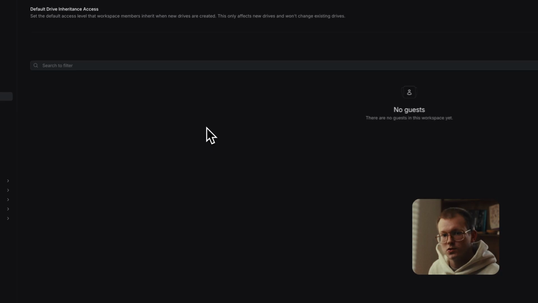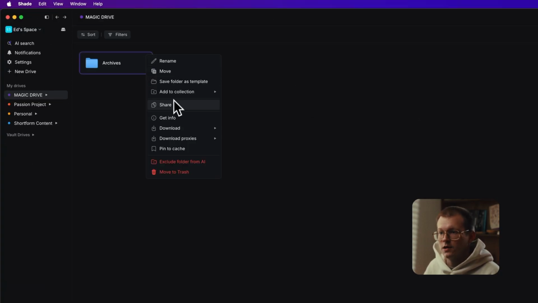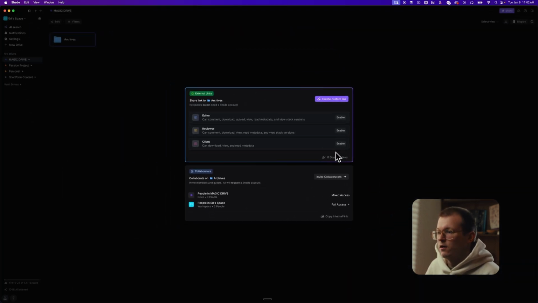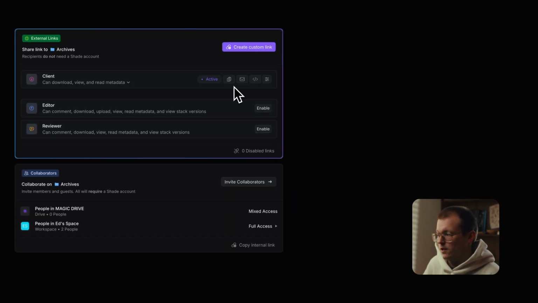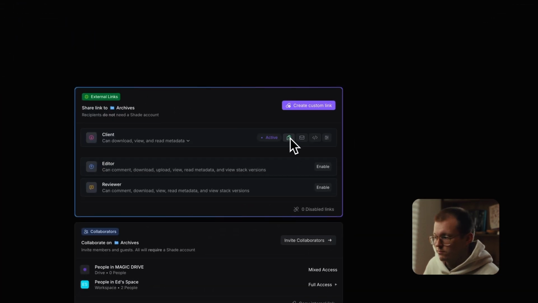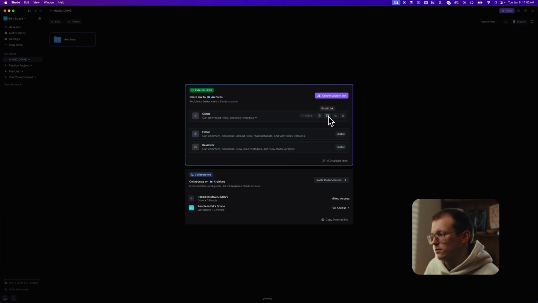your Workspace members setting. But that actually brings us to file level access, because in this same place where you would invite collaborators, you also can share a folder or a file with a couple of different default options. Whether it's an editor, a reviewer, or a client, the permissions are different. And when you hit enable, then it's just going to enable that link. You can see it's already been copied to the clipboard, but I might also want to just copy it again. I always do that just to be safe. And then I can paste that somewhere else, or I can even email the link, embed the link, which is